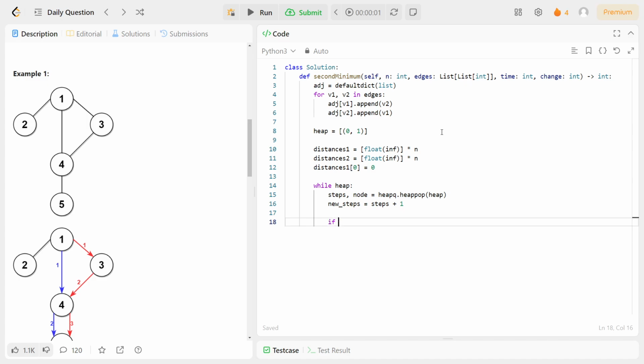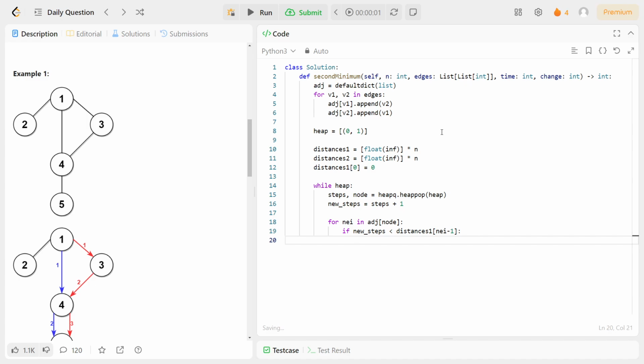So first situation, for neighbor in adjacency list of node: if new steps is less than distances 1 of neighbor minus 1, 0 indexed,